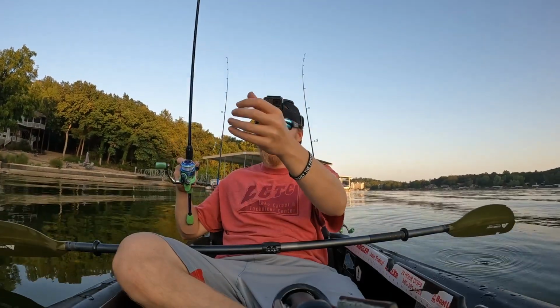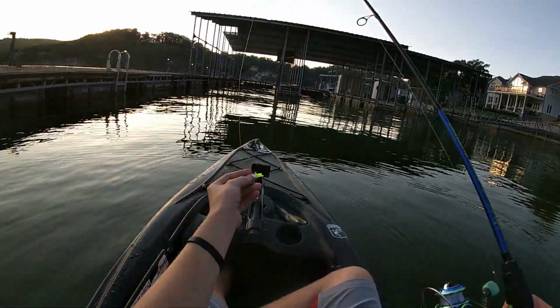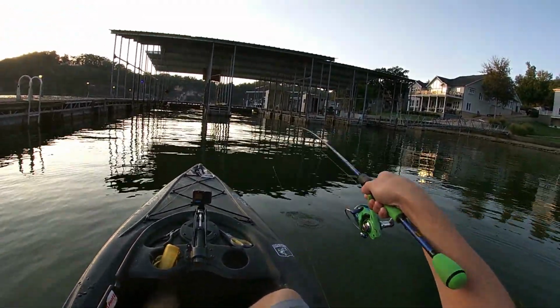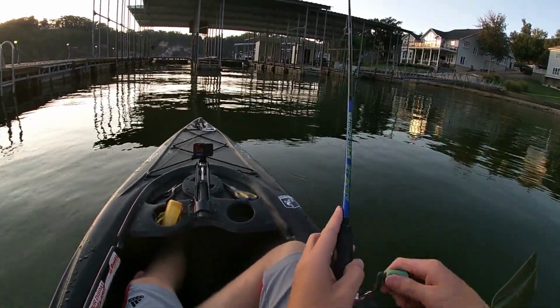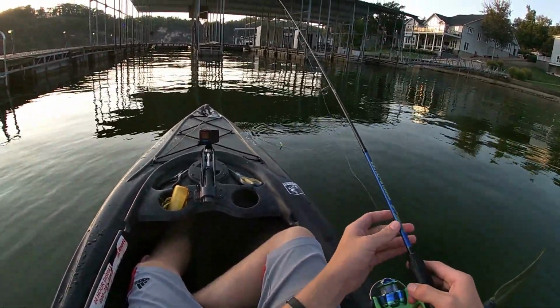I want to show you guys quickly what would happen if you have your timing messed up real quick. If I'm taking this out and I'm going to let go of my finger on my trigger here too late, what that's going to do is it's going to swing that rod, or that jig rather, up and around like this, and it's not going to go as far. Or it'll kind of start to shoot straight up in the air,